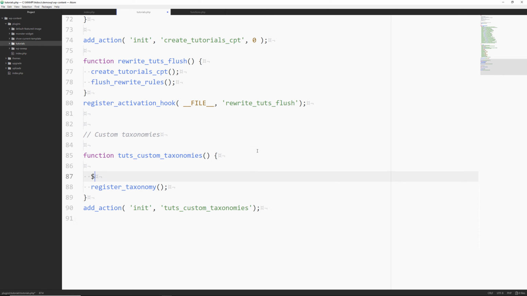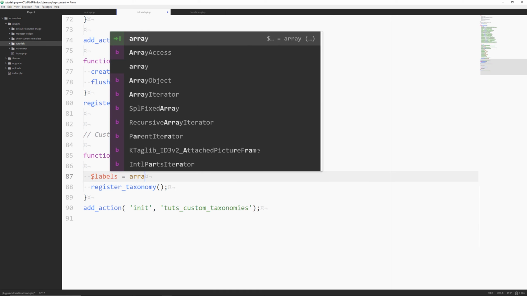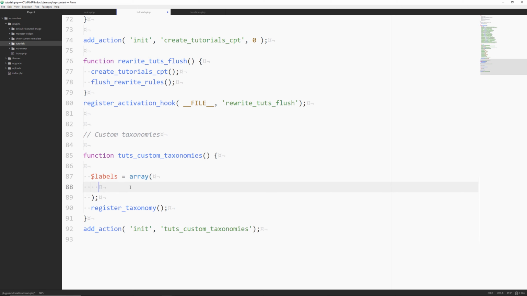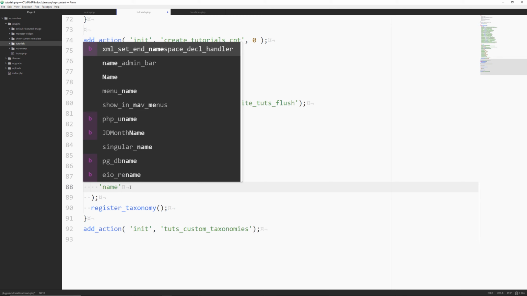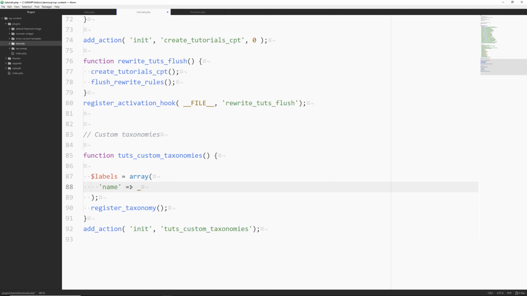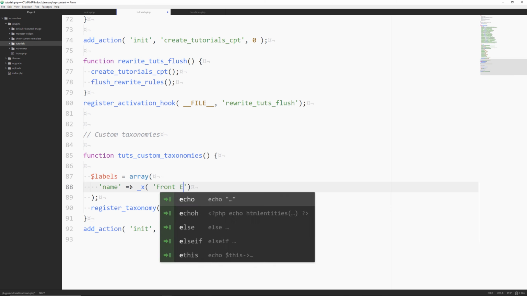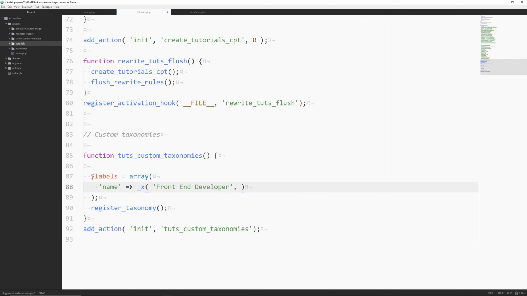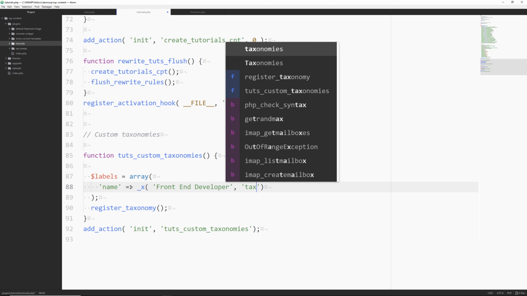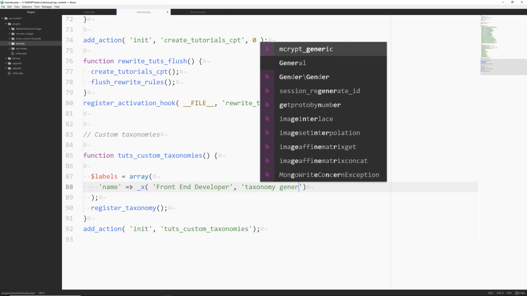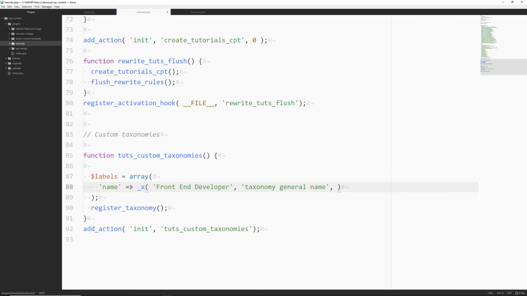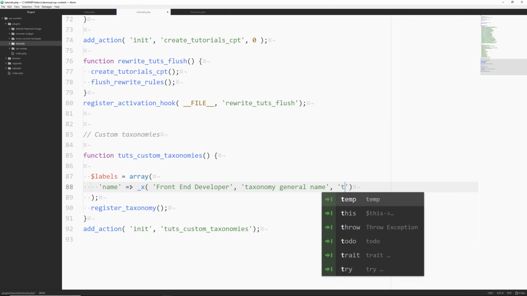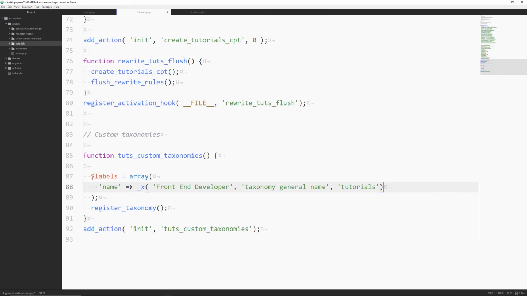So I'll say labels, we'll create that variable, array, and then we'll say the name is going to be front-end developer. And then we'll put in taxonomy general name. And then we'll put in our text domain. Remember, that's tutorials.